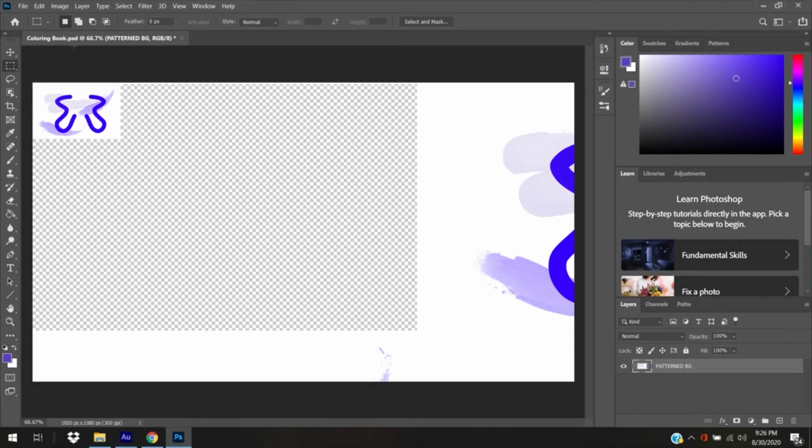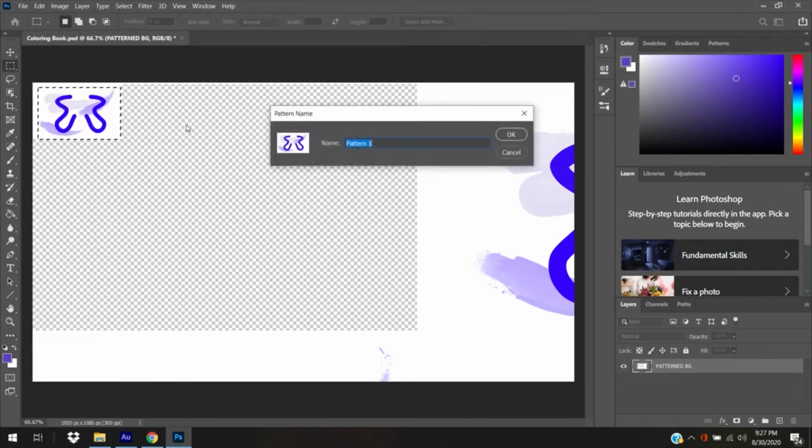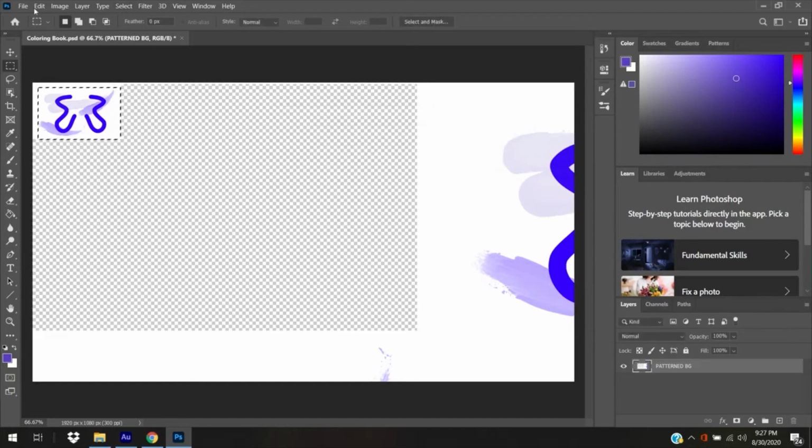And then I have some options to turn this into a pattern once again. So I'm going to use that rectangular marquee tool again and select out an area that works for me, maybe something like that, and then go back to edit, define pattern. We can call this butterfly small. You call it whatever you want for your project. Okay, and then once again, a